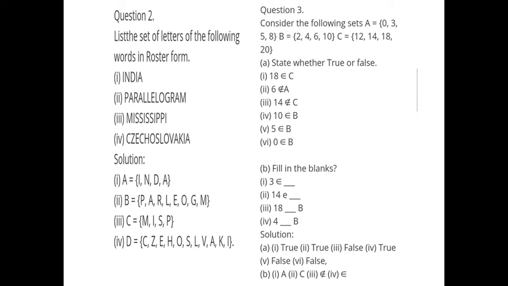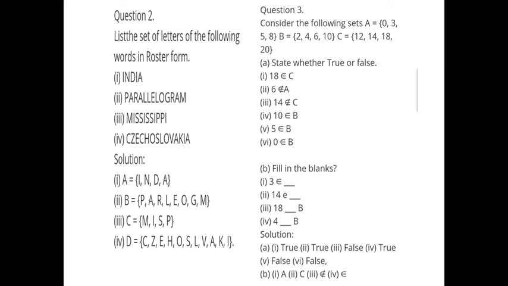Look at the third sum. They are represented by the letter C. C equal to, always a set should be written within the curly braces. So open the set bracket. M, I, S and P. See, the elements should be separated by using the commas. Don't forget, the elements of the set should be separated by using the commas.